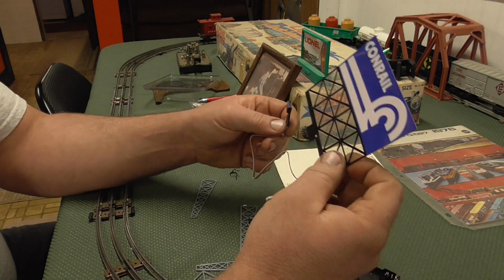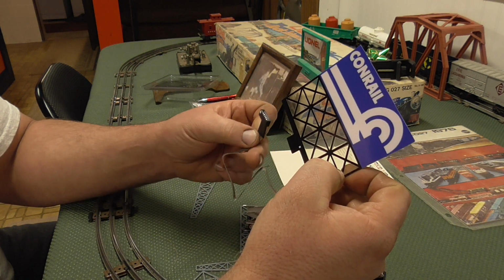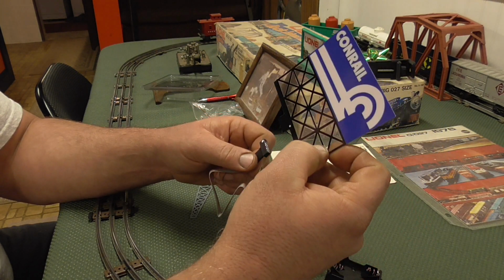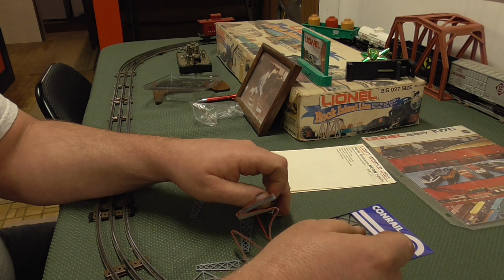Now, I'm not going to plug this in until I'm ready to do it through my building, because I don't want to unplug it and plug it. Once I plug it in, I'm going to leave it. Alright, so the biggest thing is